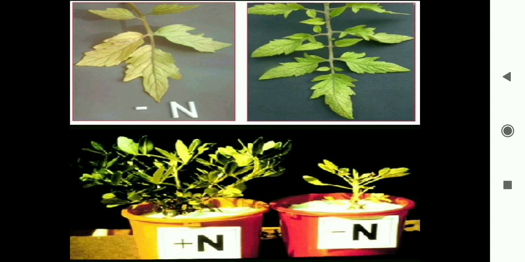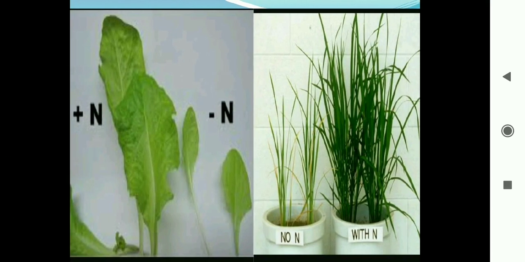And if the nitrogen is sufficient, then the color of the plant becomes green. If the nitrogen content is proper, then the growth is vigorous, and the size of the leaves becomes large. And if nitrogen is deficient, then definitely vigorous growth is not there, and there is a decrease in the size of the leaves. Also, comparing with nitrogen and no nitrogen, we see the difference in the growth pattern and the color of the plant, that is a green appearance versus a somewhat yellowish appearance. So these are the deficiency symptoms found in the plant because of nitrogen deficiency.